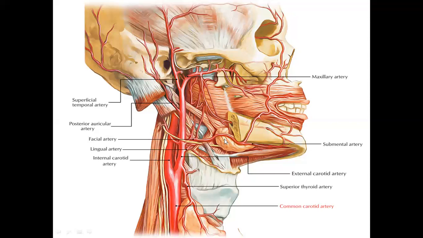cervical branches of the facial artery, like the ascending palatine, like the tonsillar branch, which pierces the superior constrictor and supplies the palatine tonsils. And this ascending palatine also supplies the palatine tonsils. It supplies the tensor veli palatini, the muscles of the soft palate, and the Eustachian tube. So it actually winds round over the border of the mandible and moves up over the